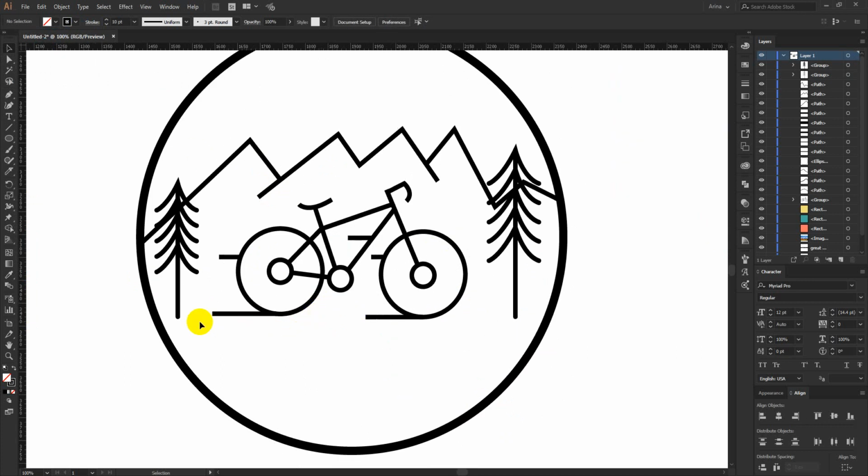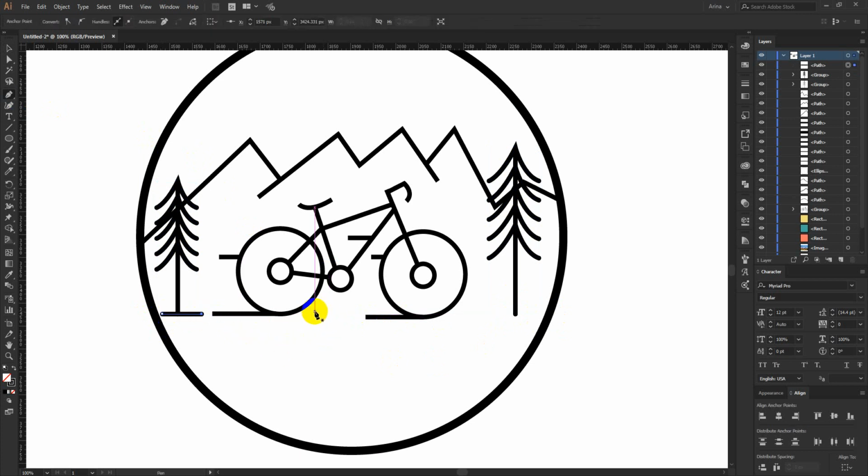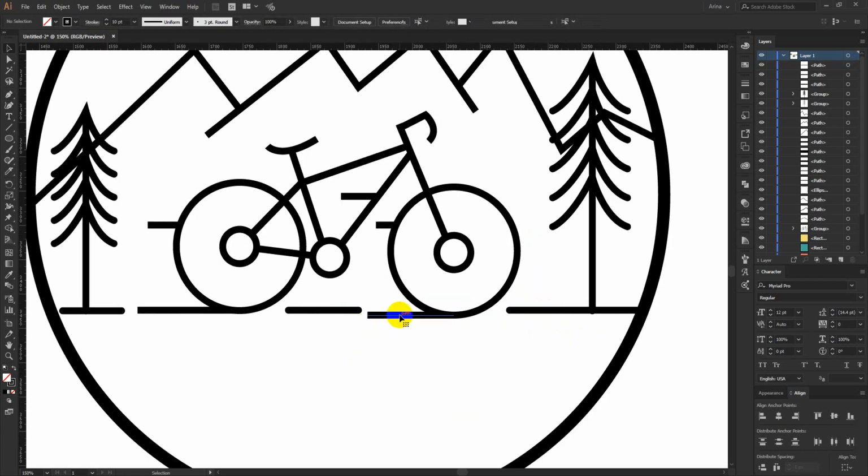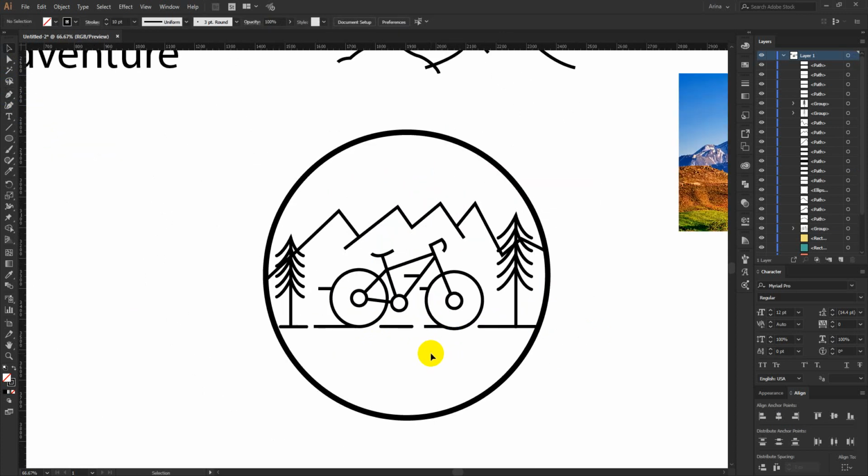So here I just need to make a line, like this is a separate part here. So I am just going to use my pen tool here, something like that. Okay, I just need to modify that. Yeah, maybe that is good. Now for this stroke here I am just going to make them align perfectly. Okay, so these are my mountain shapes here.